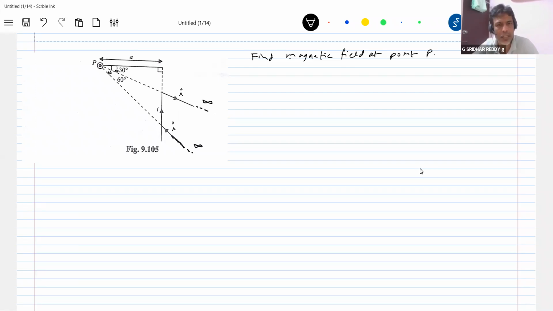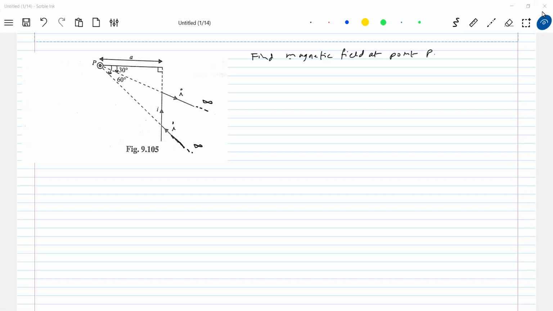So we have to. There's a wire. You can see that one. There's a structure. A current I is flowing in this direction, and at point P we are supposed to calculate the magnetic field due to this current carrying structure. Look at these ends, they tend to infinity. You have to find out the magnetic field at point P.